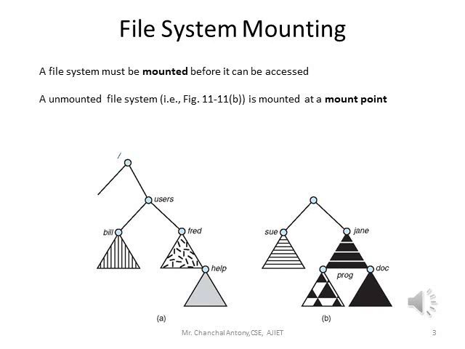Now we need to mount the unmounted structure. For example, under user, if you are trying to mount the unmounted one, Jane, prog, and doc, these three are the file system you want to mount. So it will be /user/, and instead of thread, you are unmounting thread and mounting Jane here. The entire Jane will be visible there. The directory structure which is under Jane will be visible. This is how we mount it.